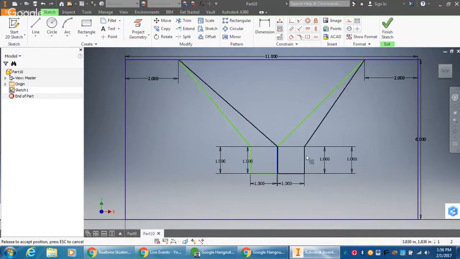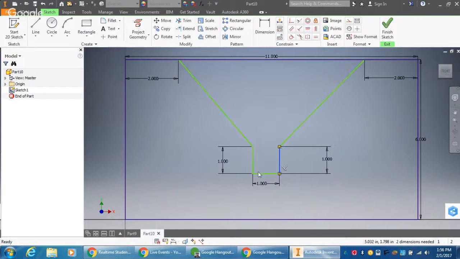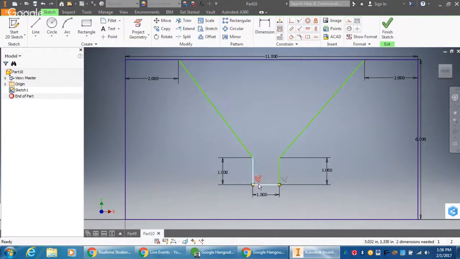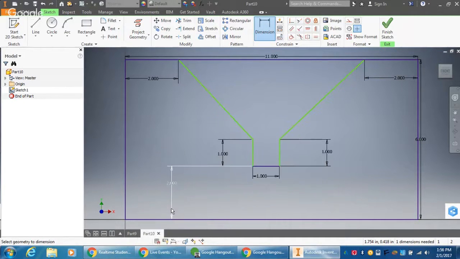So now we can dimension how far up and down and side to side they are. Let me constrain how high up this is with the dimensioning tool. This needs to be 2. And now I just have to figure out